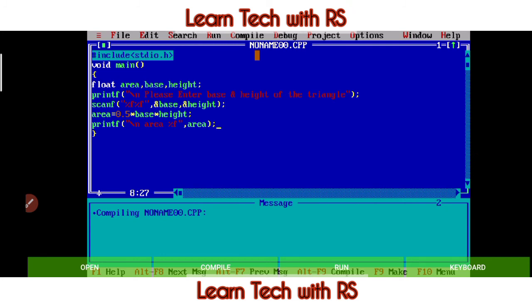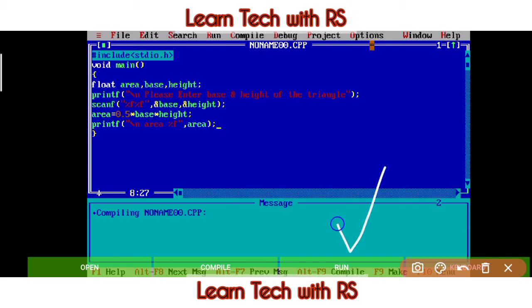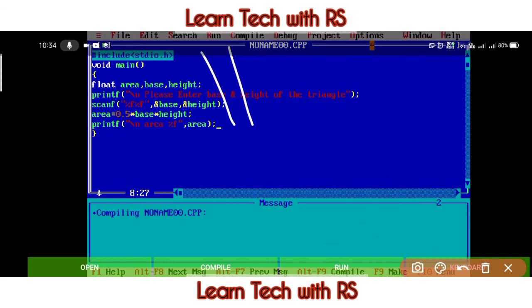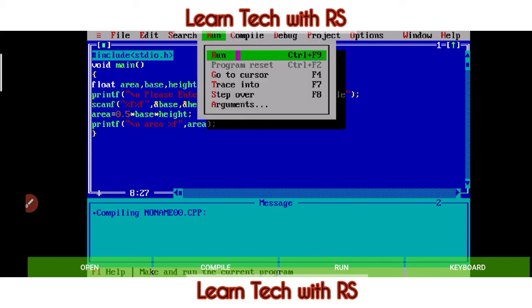So finally it is compiled, I think. Now we will run. For running, see here the run, so this one, or you can do this run also. We will go for this one. Okay, this run. So just drag to run, then run.